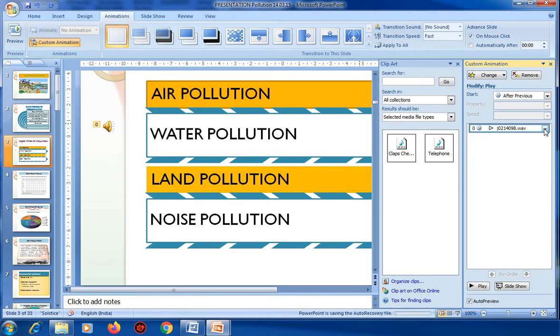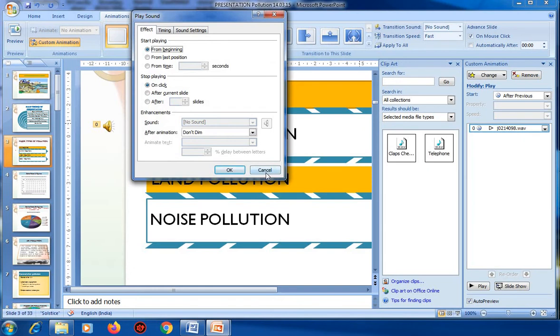In this menu, you click the Effect option from the drop down menu. After that you set the options for start playing, stop playing and enhancement. After that you press the OK option.